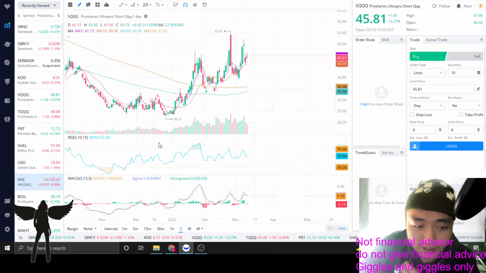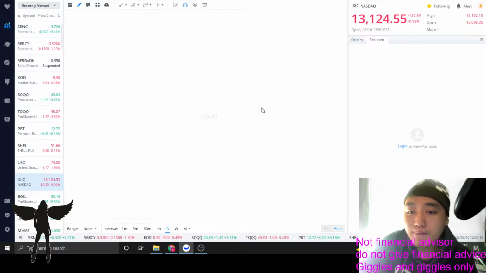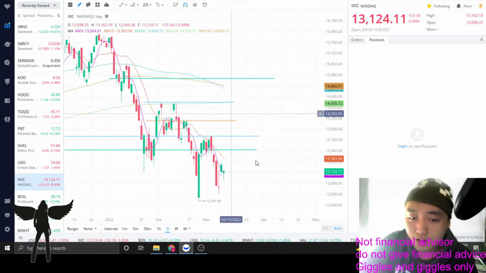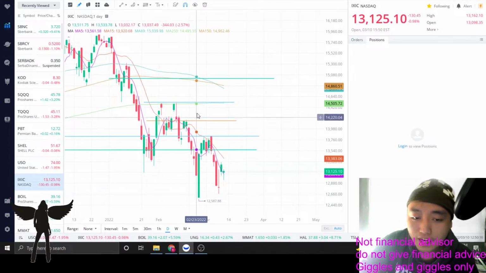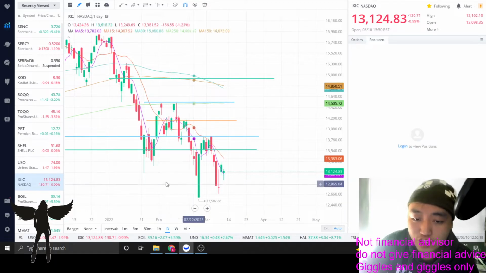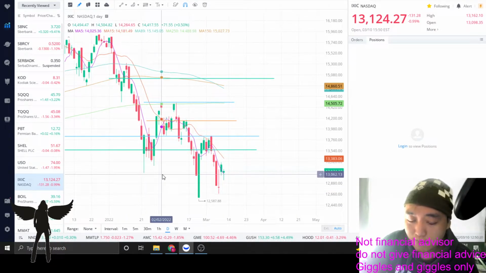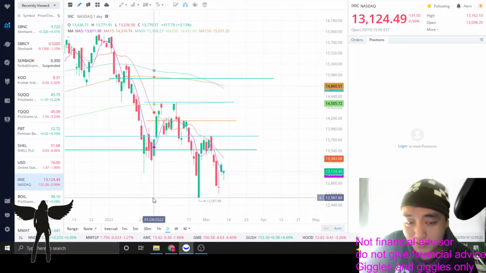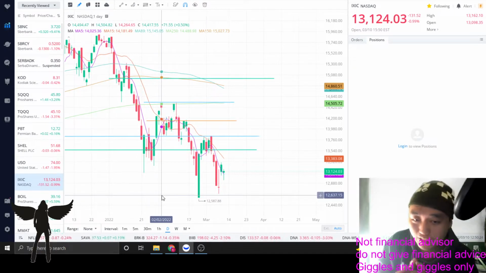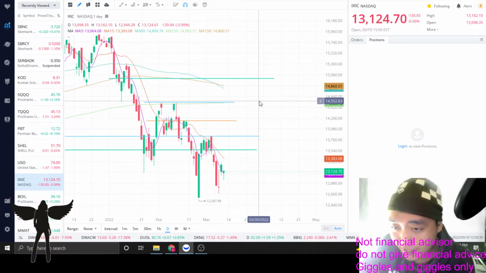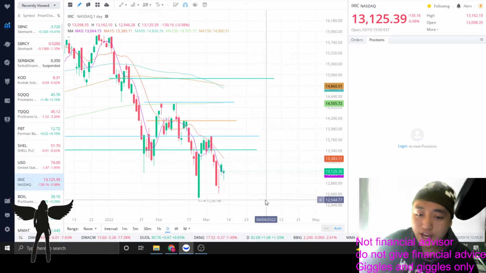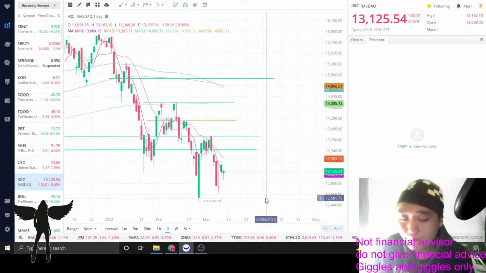So let's put that into perspective. What do you mean by a hugely volatile market? That means you will see big ups and big downs, but the general average index value would be stuck in a range. So we did the range analysis before, right? We talked about the upper bound of Nasdaq being 14,500 and the lower bound being 12,800.